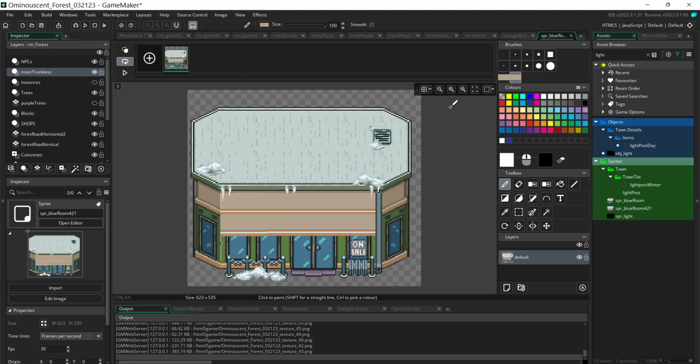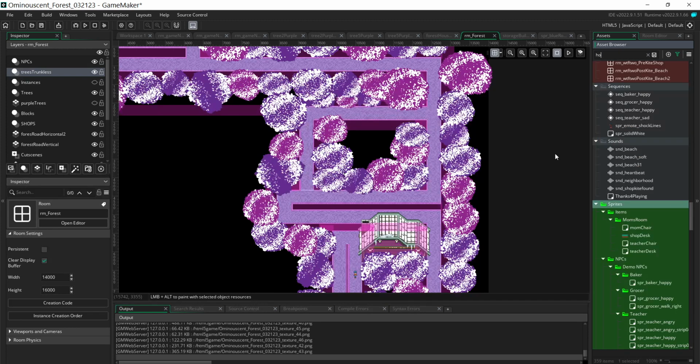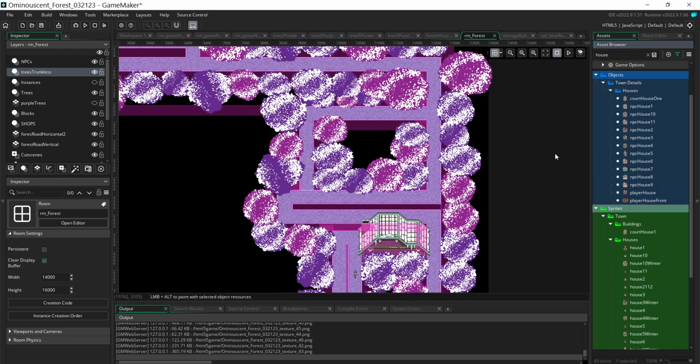Now, if you want to create this actual structure here, you need to have it as an object. Of course, there might be other ways to do it. Actually, there are other ways to do it. You can do it as tiles or something like that, like tile sets. But for this case, I'm just going to do a regular object. So what I'm going to do is go to objects that I already have,